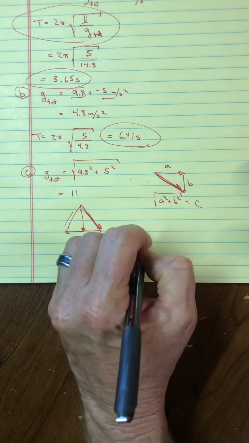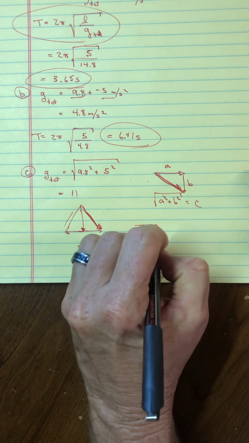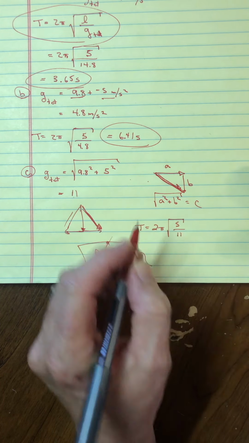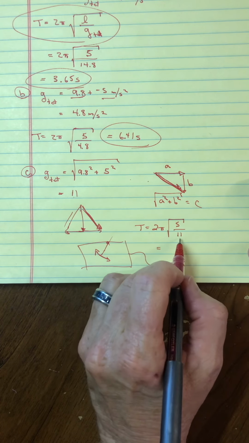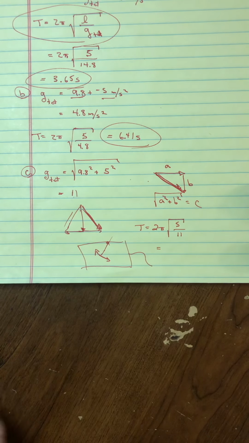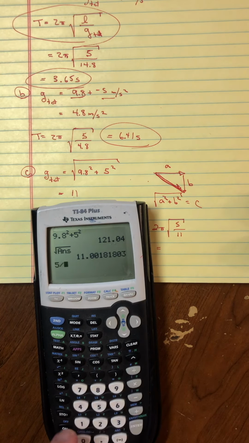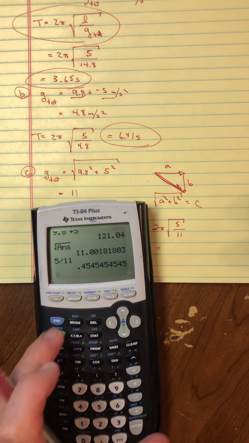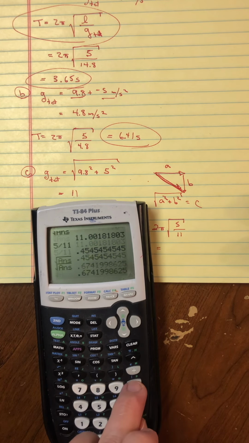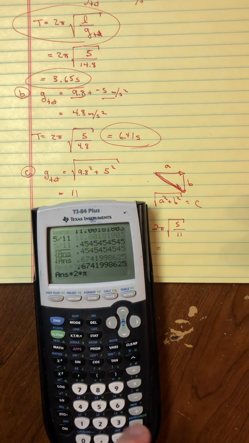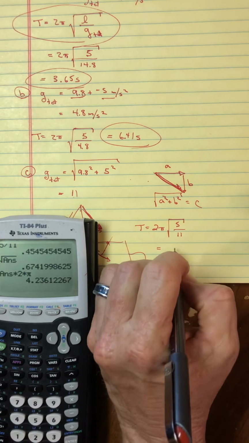All right, so again, I'm going to take advantage of the equivalence principle to solve most of this. Okay, so the length is still 5, but now the total acceleration is 11. And so grabbing the calculator, I've got 5 divided by 11, taking the square root of that, times 2 and pi, gives me a period of